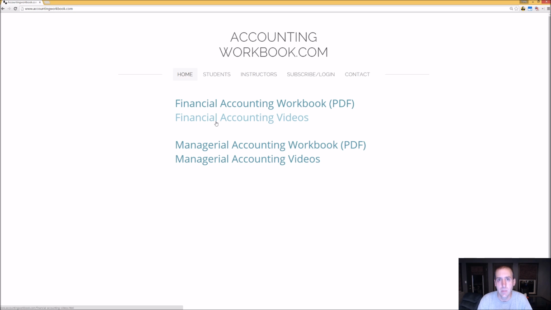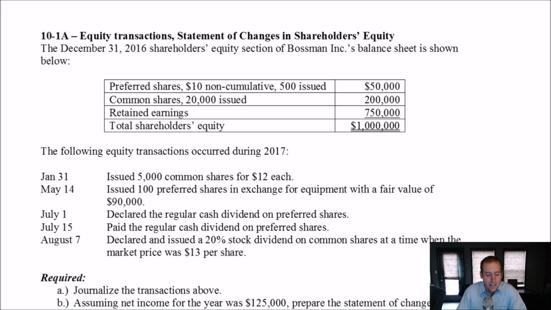All right, let's begin our problem. Let's take a look at problem 10.1a. This problem has us recording a bunch of journal entries related to equity transactions. In part 2, I think I'll break this into 2 parts. In part 2 of this problem, we'll prepare a statement of changes in shareholders' equity. So quite a lot to be done, and we haven't really looked at equity. It can be a tricky topic. I think this is a relatively straightforward problem as far as equity stuff can go, but equity can get quite